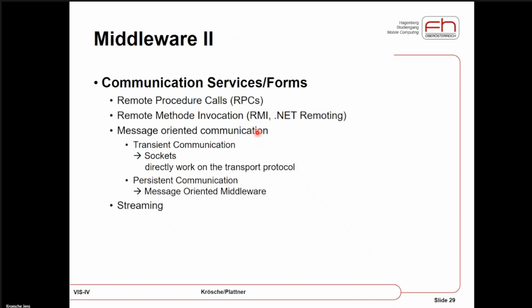And in the communication-oriented middleware, we have different dials to establish this communication. And there are the so-called remote procedure calls, because this was in the earlier days of computer science.